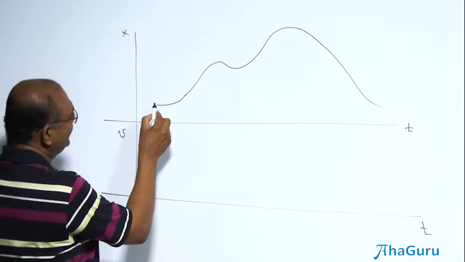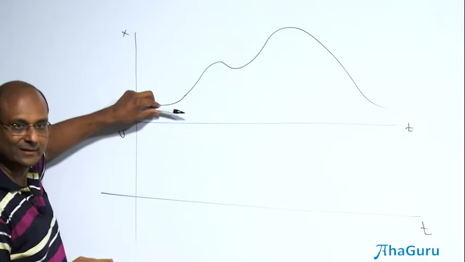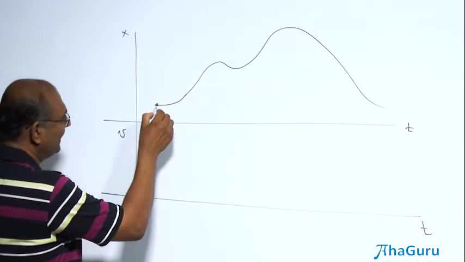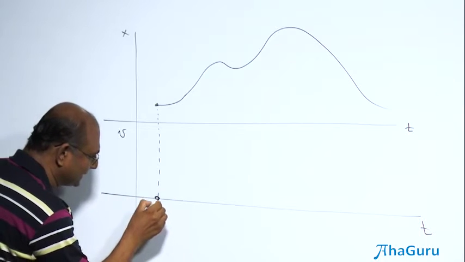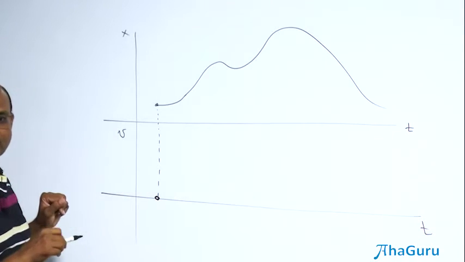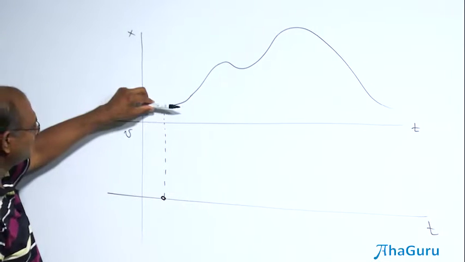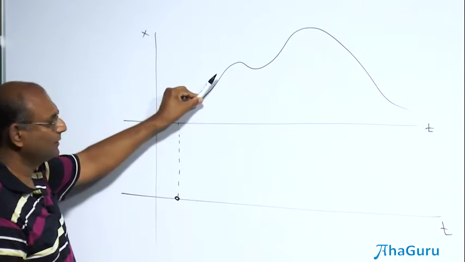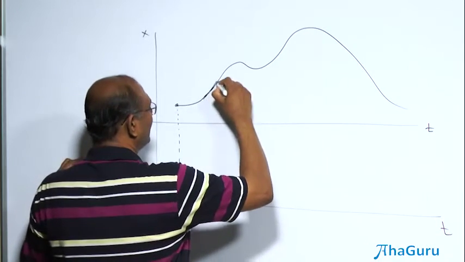Now look at this. At this point, what do you think is the slope? Flat. So what do you think about the velocity? 0. So if I drew a point like this, this is where the velocity is. Why? Because this is 0 actually, and this is the slope 0. Then it starts to rise. So at this point, this seems to be the high slope.